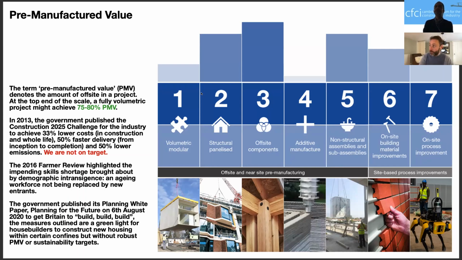And we found historically that if you're focusing on, in particular, categories 2, 3, and 5 as a hybrid solution, then you're getting quite enormous efficiencies, where the proportion of any project which is pre-manufactured value can get up to 80% or so, which is doing pretty well. But we're still not on target, and I think there's still a lot to do.